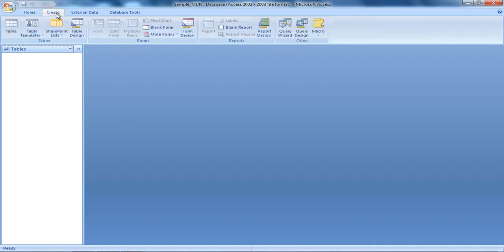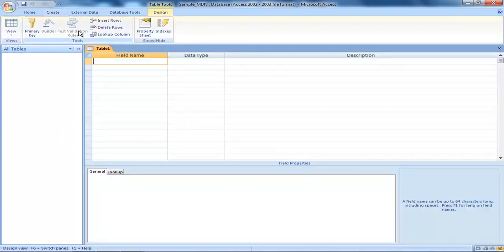Now the very first thing, I am going to create a table. So I click on the tab called Create. When I click on Create, you can see this is the Tables option. These are the options of tables. These are the options of forms. These are of queries which we are going to use, and these are reports. Now we cannot work on any of these unless we have a proper table. Now Create, Table Design.